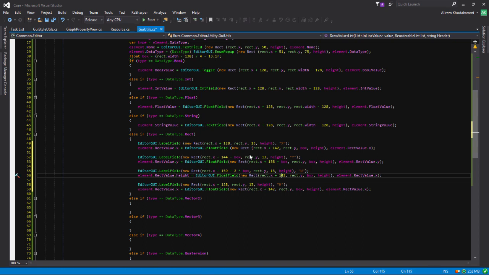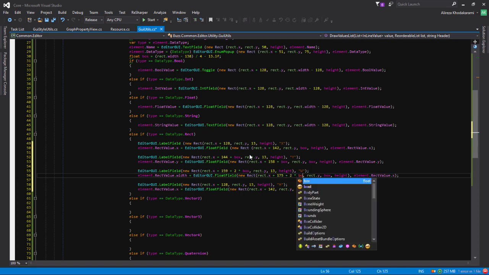Rect x plus, no, wait, this is width, not the height. Equals to 175 plus 2 multiplied by box